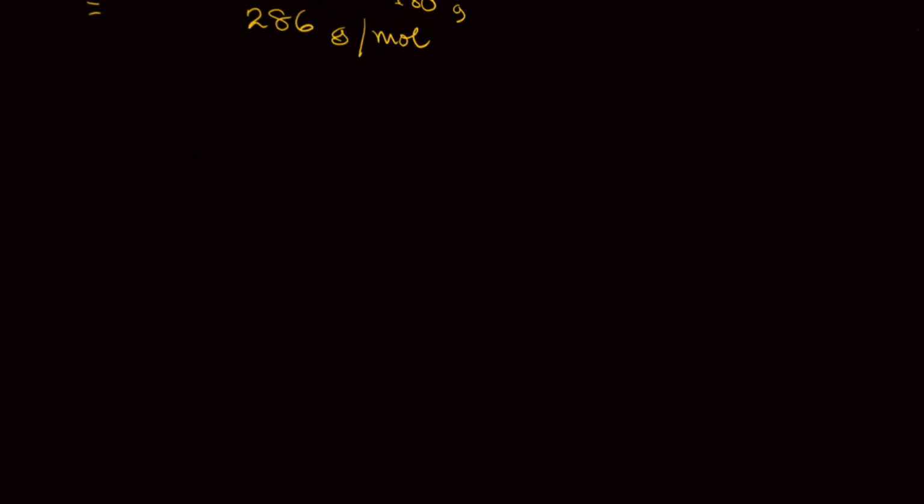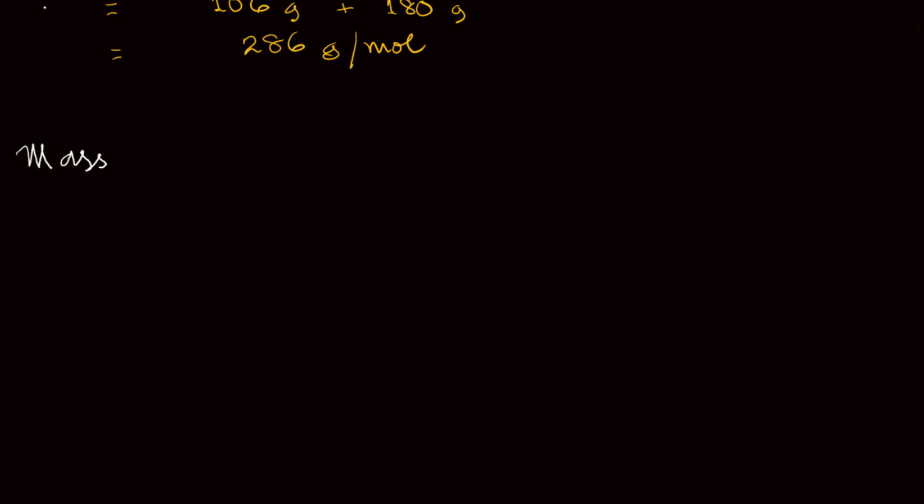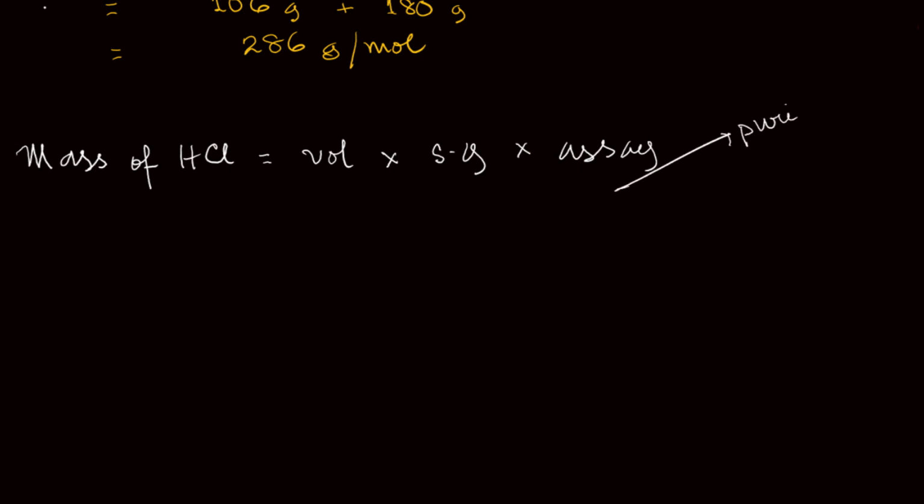Alright, let's go. Based on the information provided in the instruction, to calculate the mass of the HCl present in the volume of the stock acid, we are going to use volume times specific gravity times the assay. Note that the assay here is the purity of the acid, and since you are dealing with 37% purity, it means that out of every 10 mL of the stock acid solution, 3.7 mL contains pure HCl. So from here we're going to substitute the values as 8.5 cm3